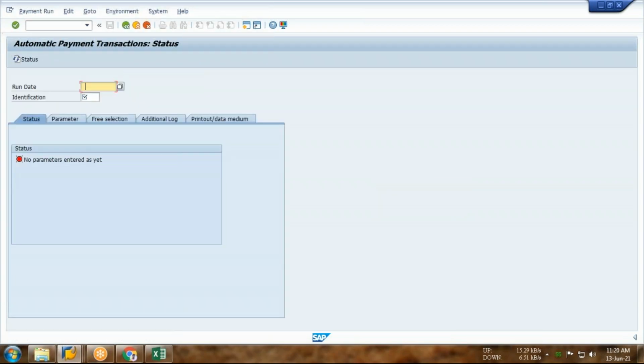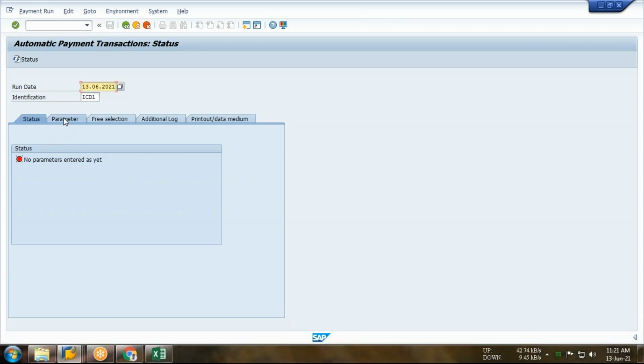Okay, so you have to put the run date. So run date is today's date. Identification: ICD1. I am putting the identification. This is a fast automatic payment. So ICD1, enter.